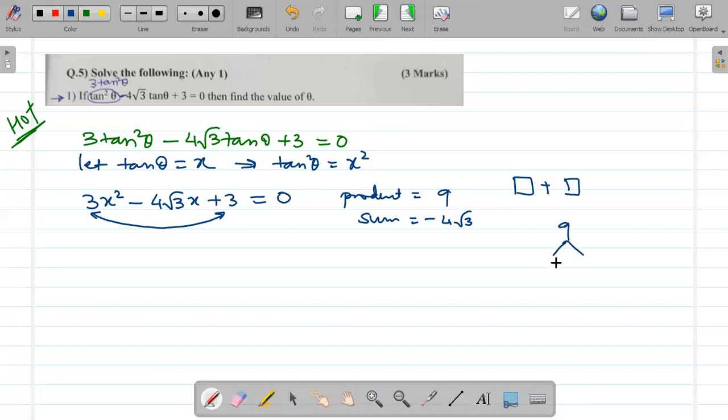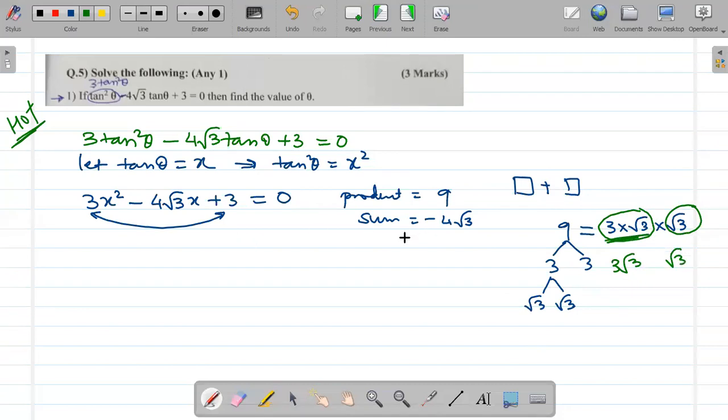So the easiest way of doing this is factor out 9, that is 3 times 3, and then 3 can be further factored as a root of 3 times root of 3. Okay, check. So 9 can be written as 3 times root 3 times root 3. But we want only two factors. So 2 factors means let's use this as one factor and this as the other factor. Okay, let's check if we get the product same and the sum to be same. Yeah, so this will be 3 root 3 and the other number will be just root 3.